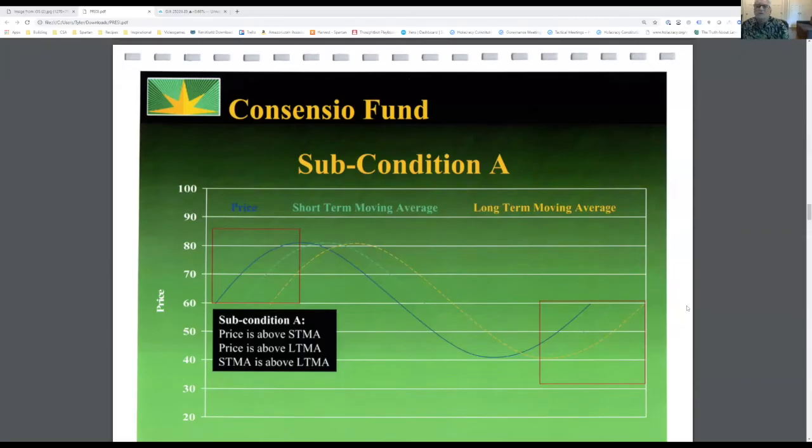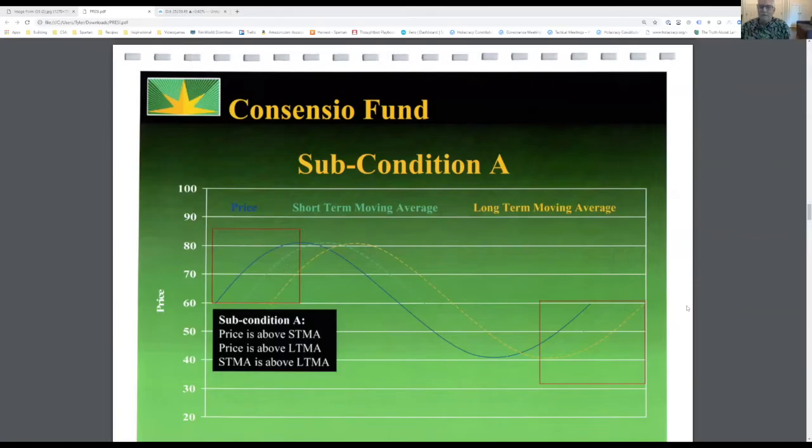Consensio, as Leah had talked about before, means agreement in Latin. And what we're looking for are prices and moving averages that come together or agree with each other at a point in time, and I'll explain why that is. But for now, let's just quickly go through